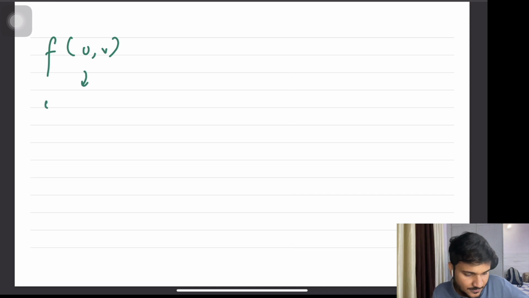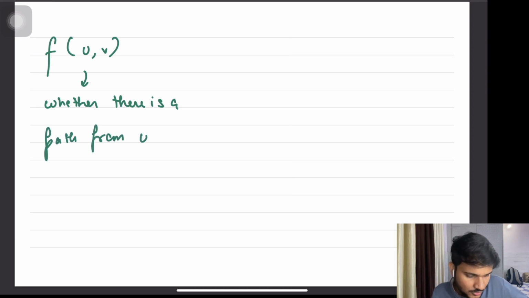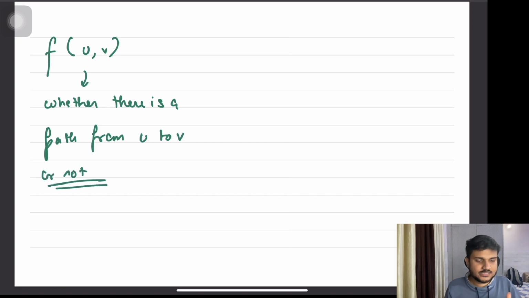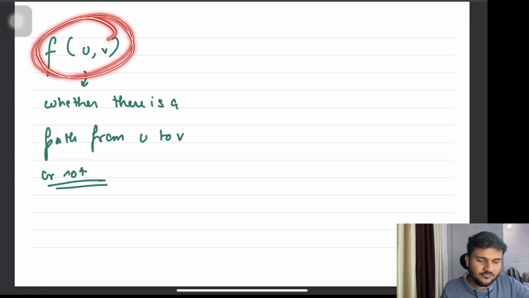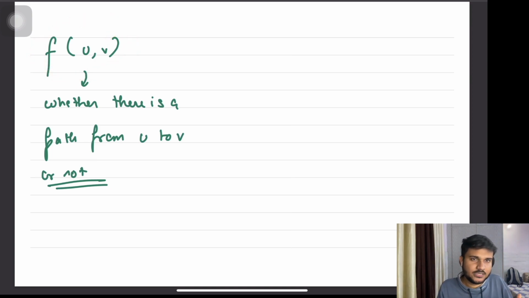This returns whether there is a path from u to v or not. Let's say we have this function, and we'll try to inductively see what can be a representation of this function.